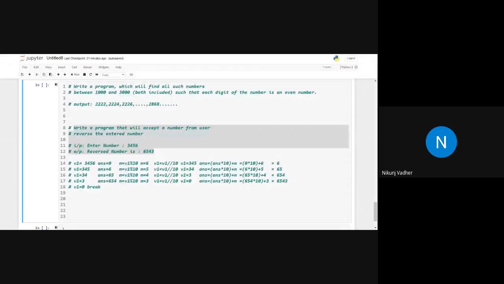Yes, has anyone done the solution? It's not that difficult a problem. It's a little bit tricky.